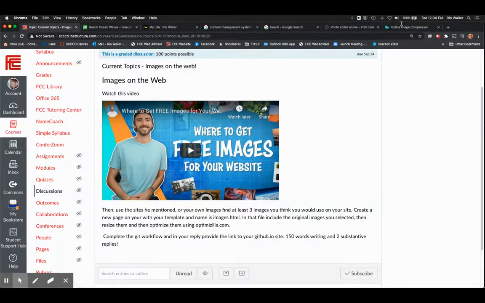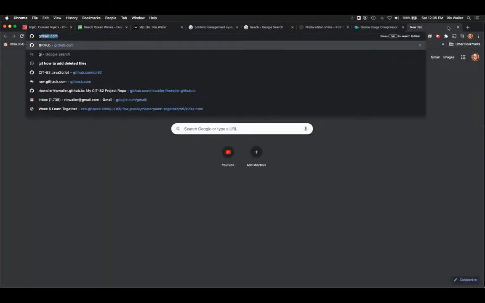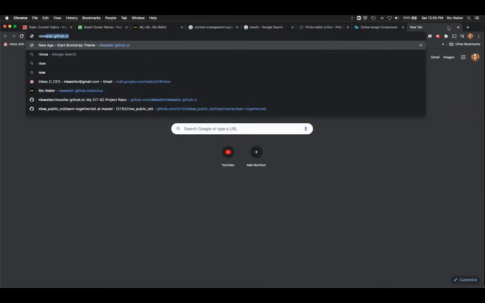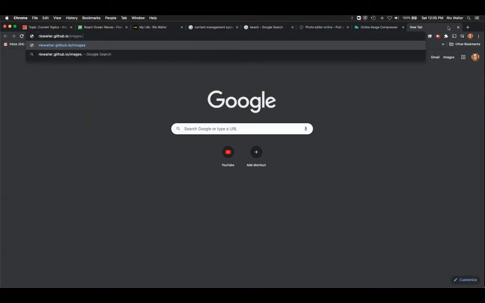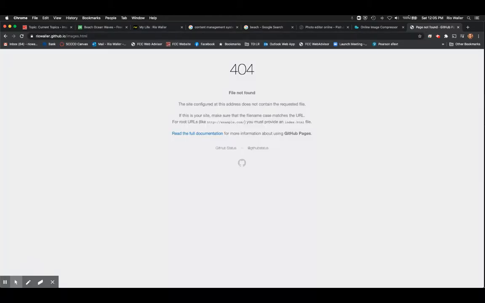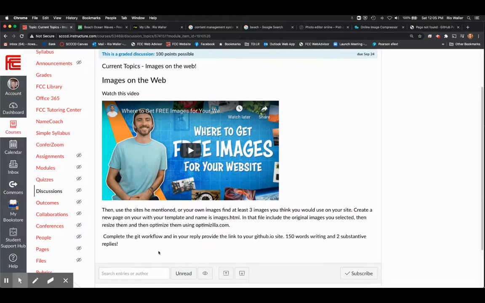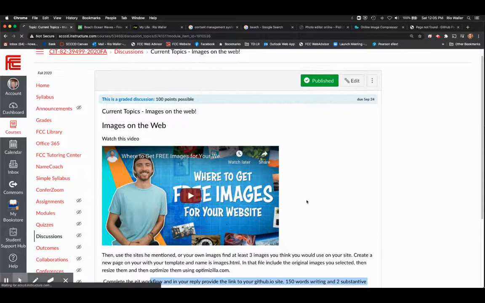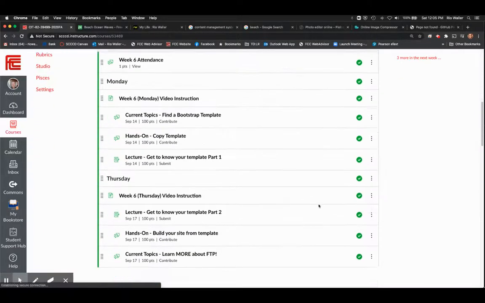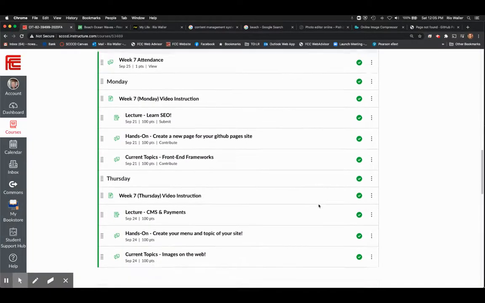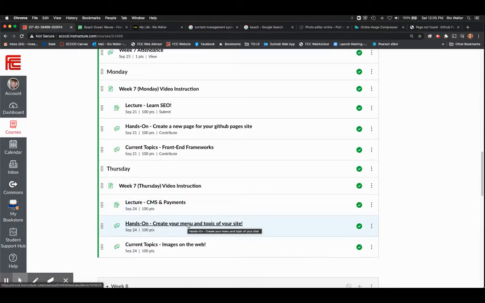Now this also takes a minute for it to show up, but while it does, I would open up my site, my IO, there we go. And now I can tell if it's actually working. Now it's not here yet, and again, this takes a few moments for it to show up. I'm here just to show you this part. It takes a moment, but in your reply, this is the link you want to give in this assignment. And this is kind of why I'm showing you here, is that when you're giving us the week 7 for your menu, you would give us the one just to your site.